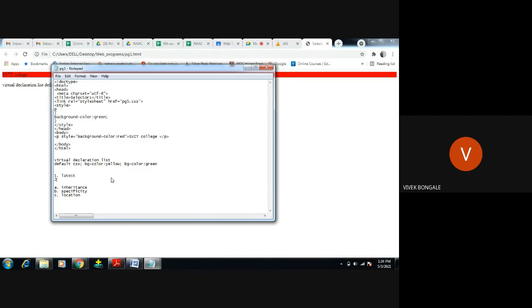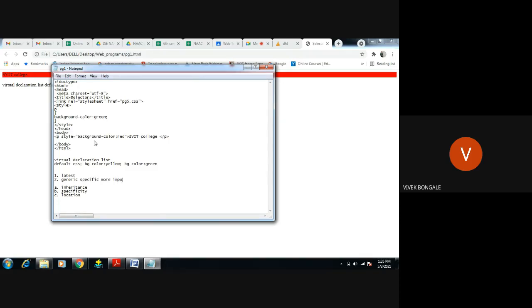the browser will follow two rules. One is whichever new thing we have added, which style sheet we have used latest, that will be considered for execution. One thing. Second thing, which is more specific, generic versus specific. Okay, which is specific is having more importance.